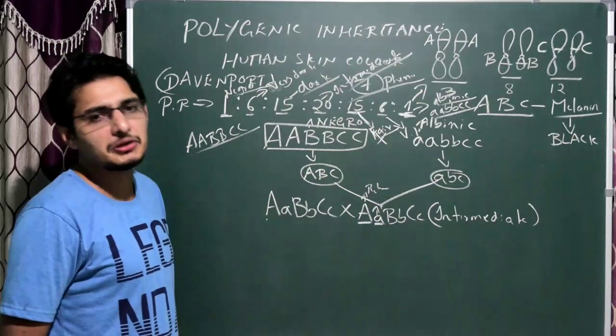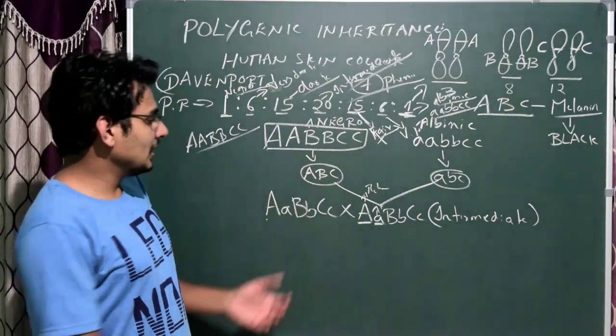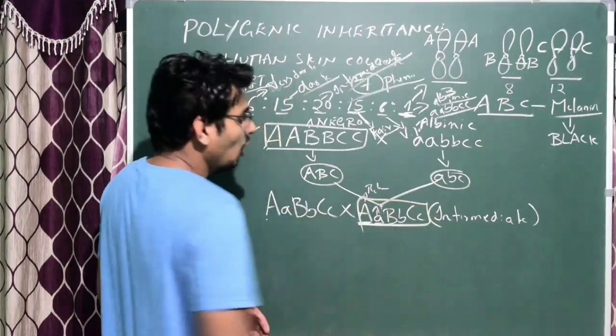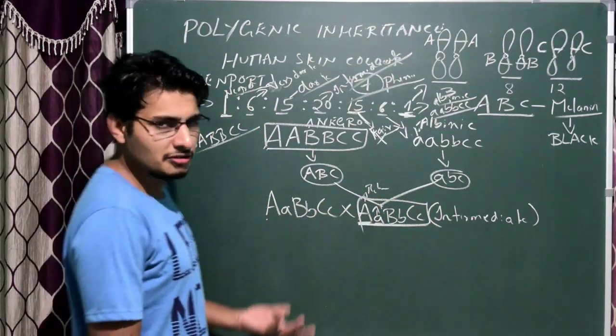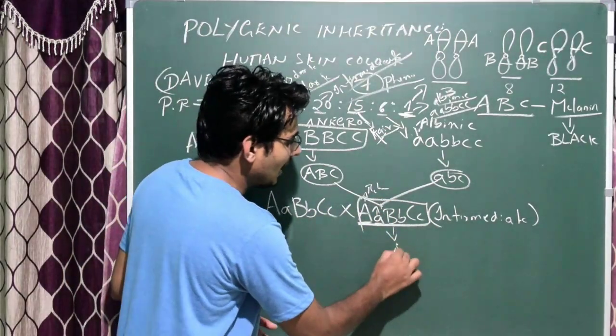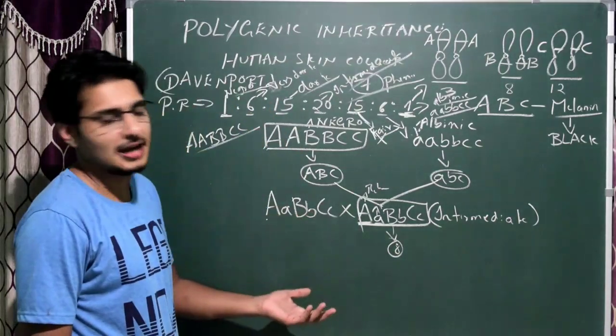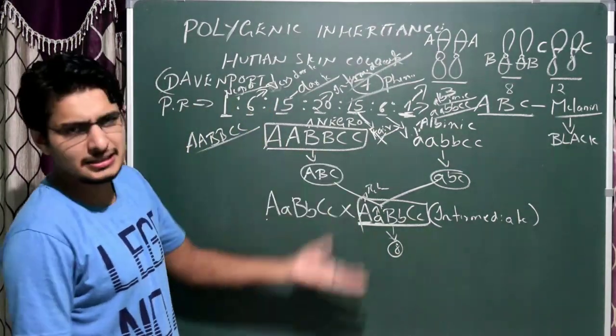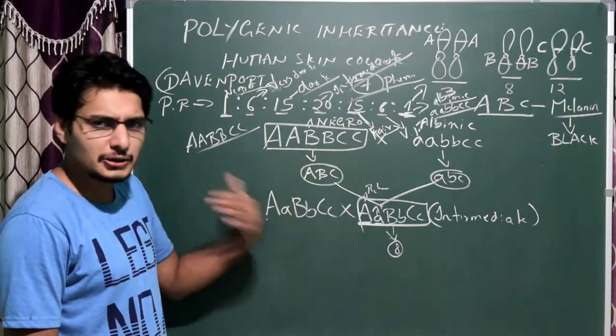So it is a trihybrid cross. Actually you can just do it. In this case, how many gametes are produced? You know the formula actually. So we have 8 gametes, 2 to the power 3. Obviously we have 8 gametes, correct? So that's it. You can do it also if you want, otherwise leave it.